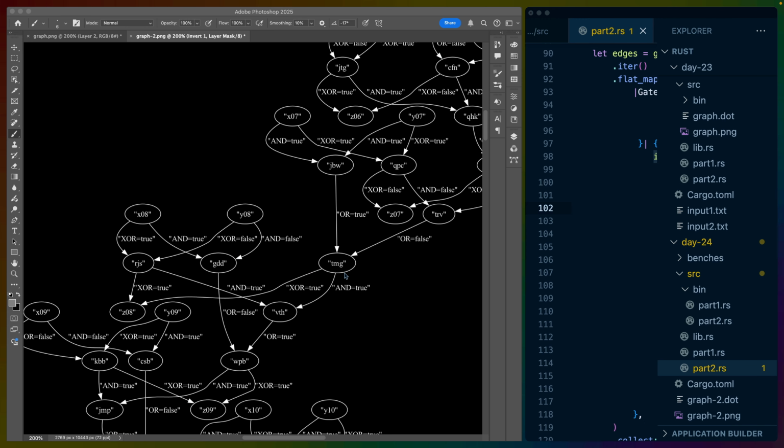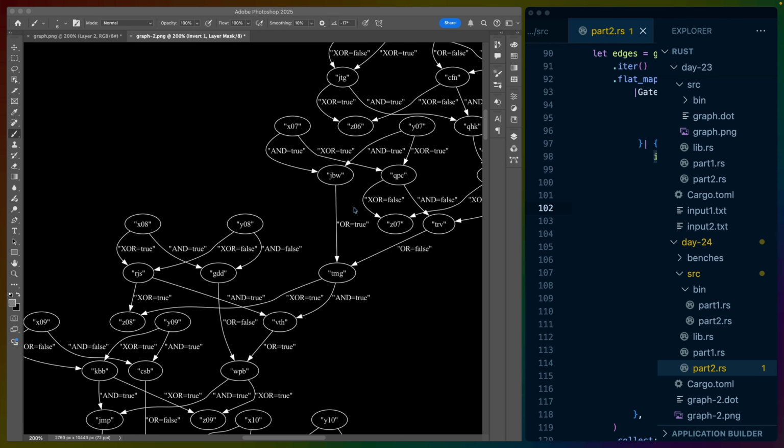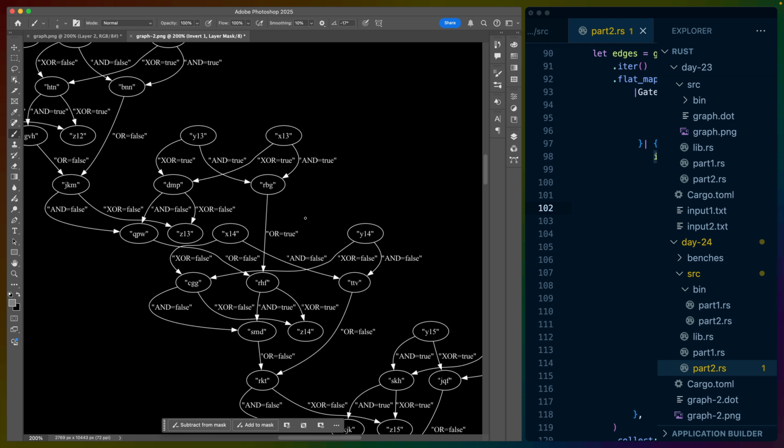Okay, well, it's getting pretty late here. I'm going to play with some more visualizations. I think that visualizing this is the way to go. I've spent quite a bit of time on this because I don't know what this structure is, and reverse engineering a structure that you've never seen before is really tough. So I think this might actually be an opportunity for me to learn a little bit about what this structure is. I think that doing a visualization here, making the graph show these XORs, will show us what to swap,